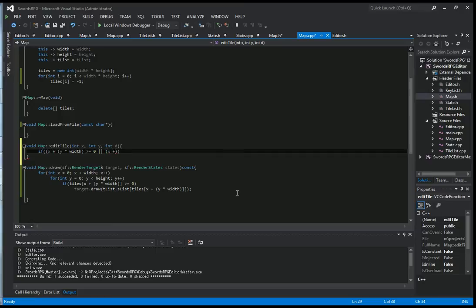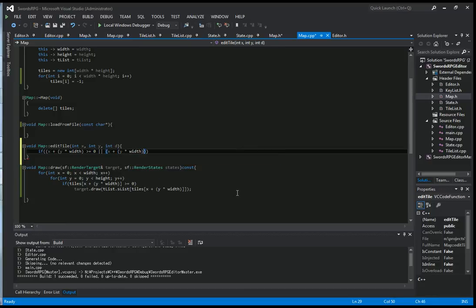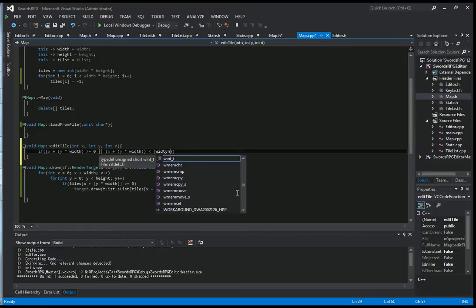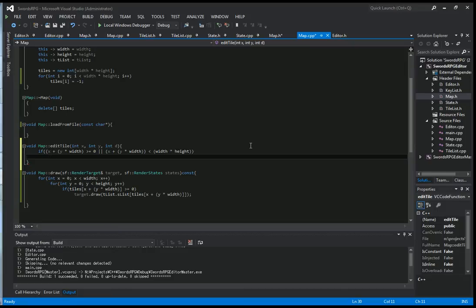X plus y times width is less than width times height. And if that's the case, and I'll explain what all this is in a moment,